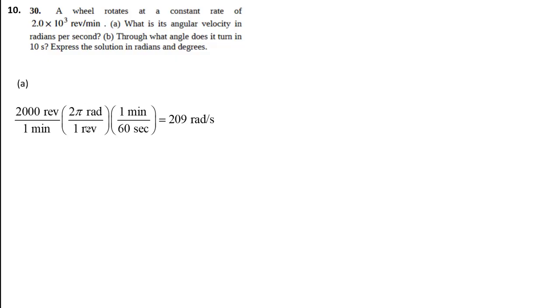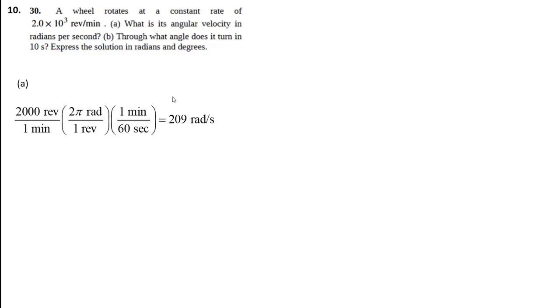That lets me cancel the units of revolutions. And then I have minutes here on the bottom. I want to replace that with seconds. So I first think, how are seconds and minutes related? I know that 1 minute is the same as 60 seconds. And I'm going to put the 1 minute on the top over here and the 60 seconds on the bottom. That way the minutes cancel and I'm left with units of seconds. So the math that I'm going to do is 2000 times 2 pi divided by 60, and I get 209